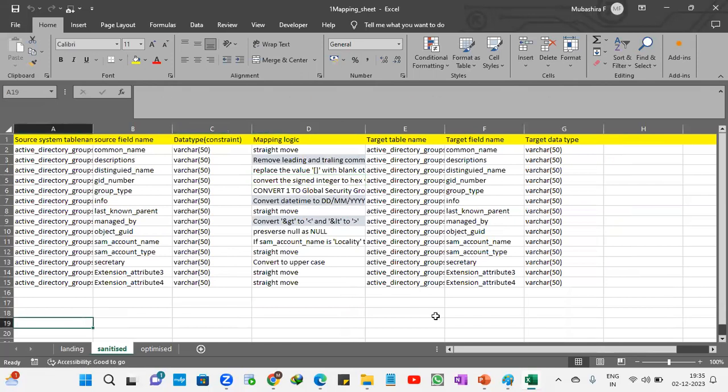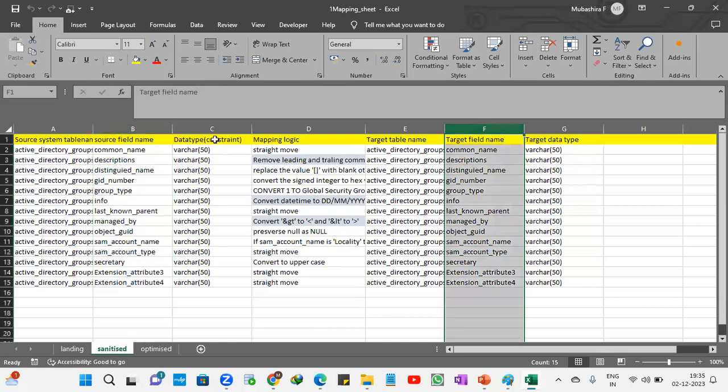So coming to the sanitize layer. Again, we have the source information and target information. In between, they are asking us to perform the transformation logic in both ways, straight move and derived value. Let's suppose this is the common name, which is a column name. Source column name, target column name.